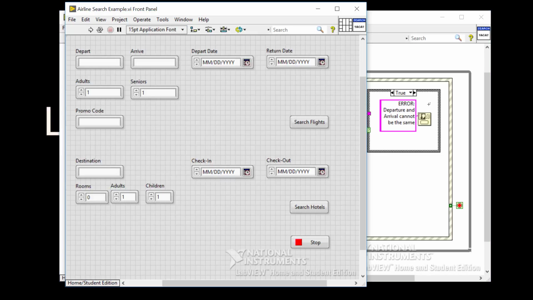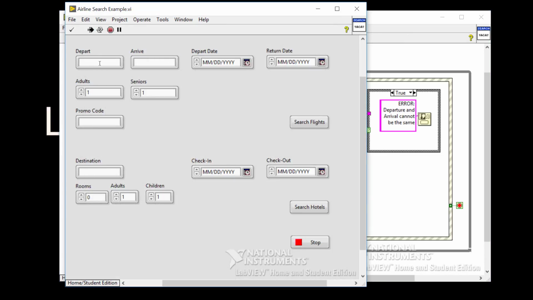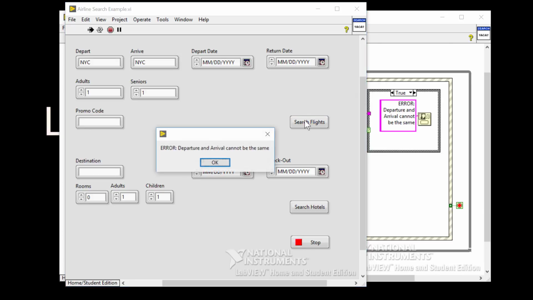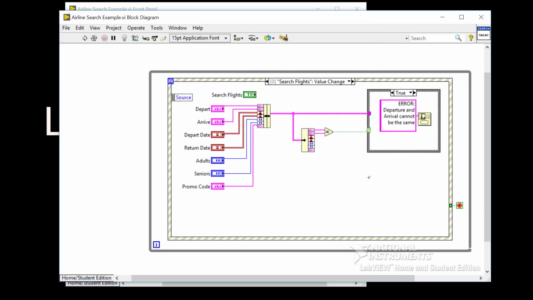Okay, so we can run this guy, and let's put NYC, grab NYC. Okay, good. All right, so this is good, but one of the downsides of using this unbundle function are that